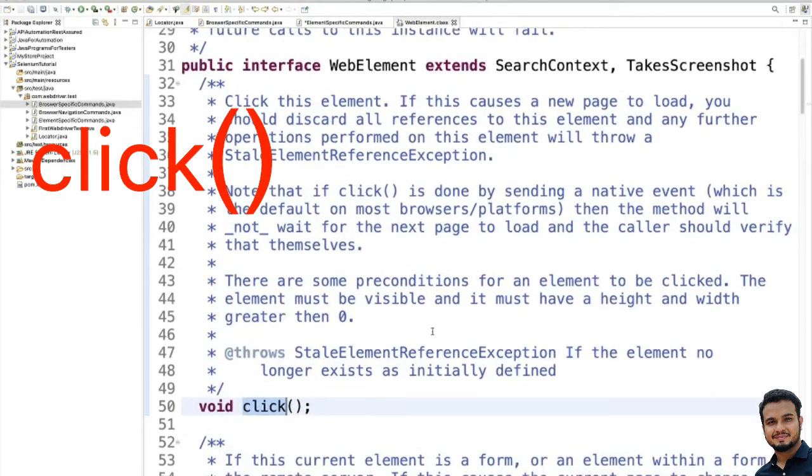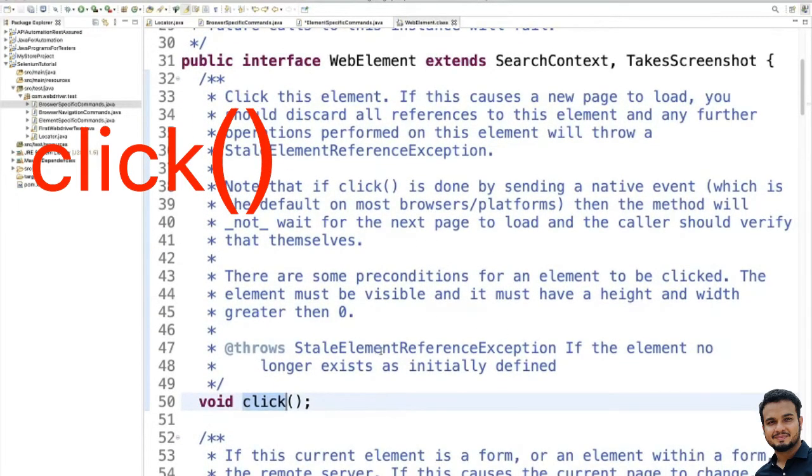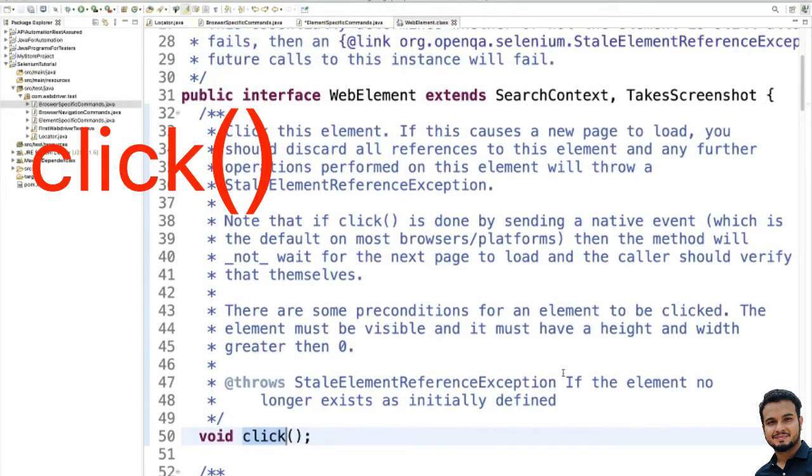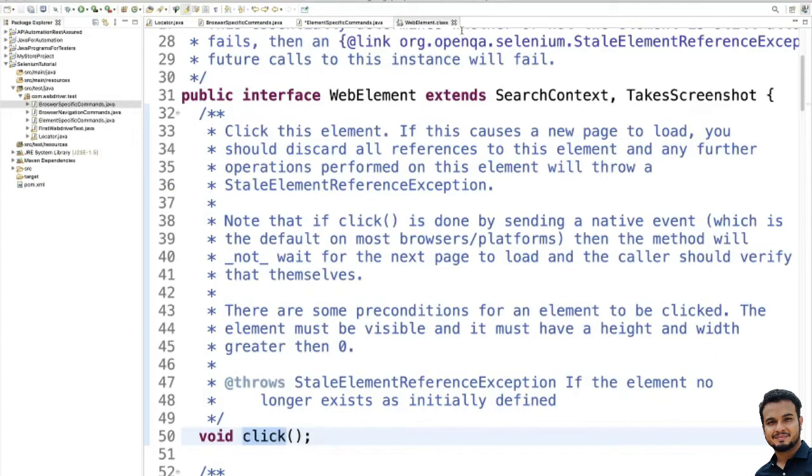Here you see it throws StaleElementReferenceException if the element no longer exists as initially defined. So the click method will click on a particular button or whatever web element you want to click. That's how the click method works.